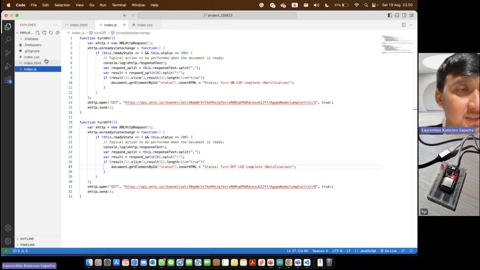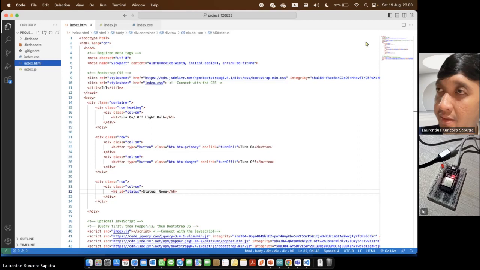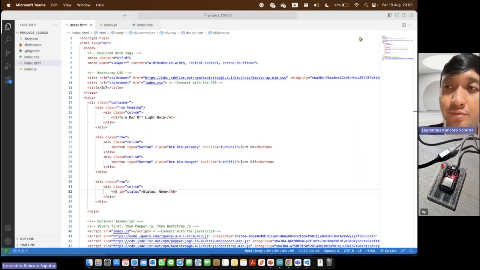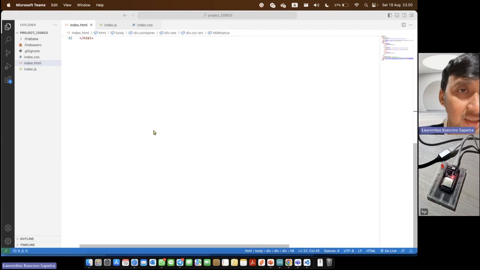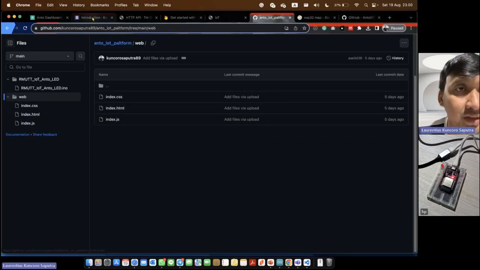For the first, we can write the HTML code here. For the HTML code, we can use a Bootstrap template to make a good user interface. For the template, you can access the Bootstrap introduction.